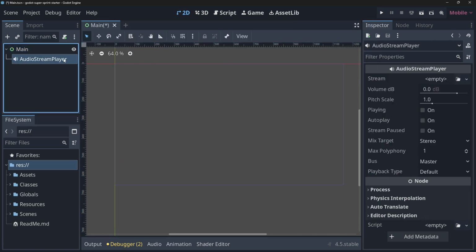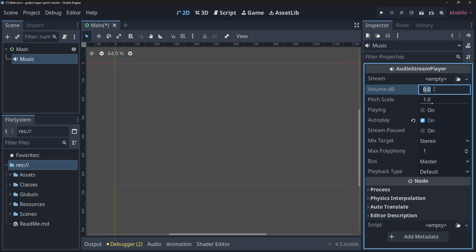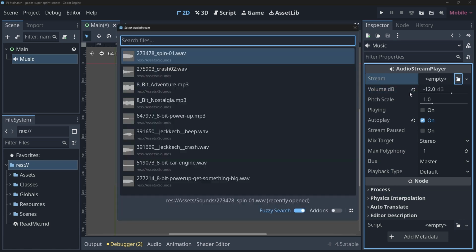The first thing we'll do here is add a little bit of music to this. So I'm going to add an audio stream player and change the name here to music. Then on the right hand side, select autoplay. Now the volume here can be around -12 dB, and then open up a stream,